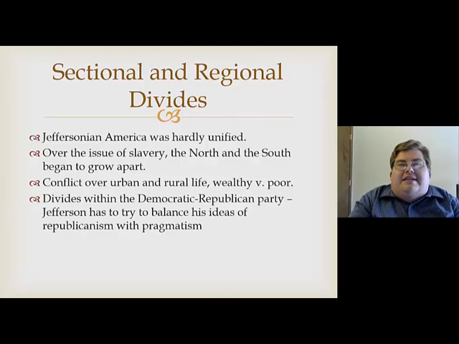And so what we're going to see is with these divides, James Madison will be elected president, but with this fractured United States we're going to see the United States embark on its first major war since the Revolution. And that's going to be the War of 1812, which will pick